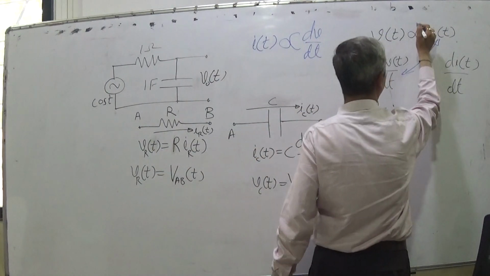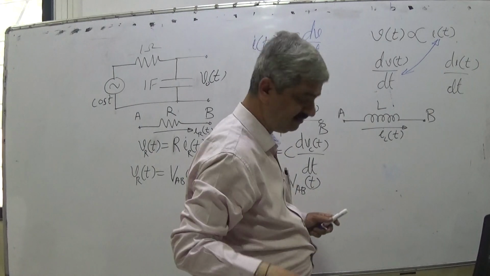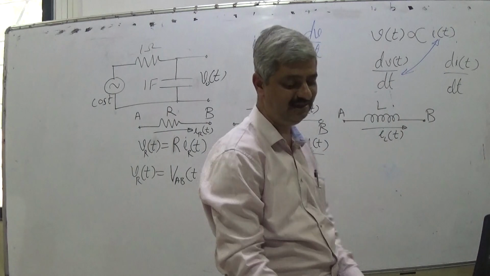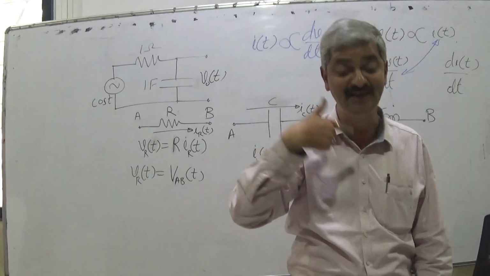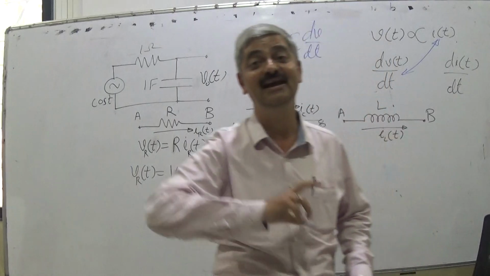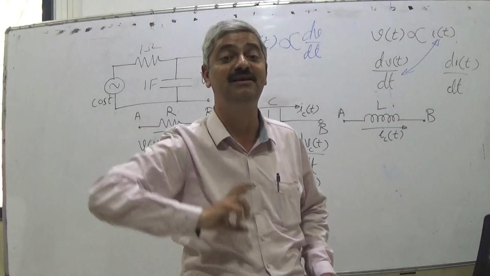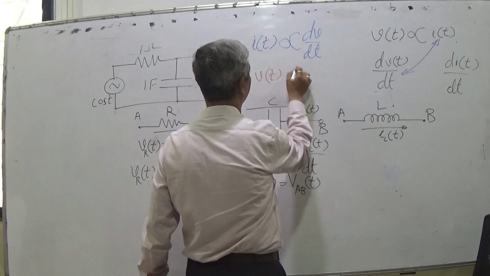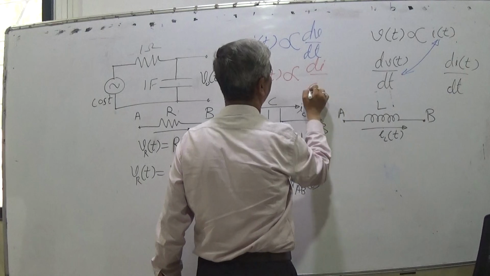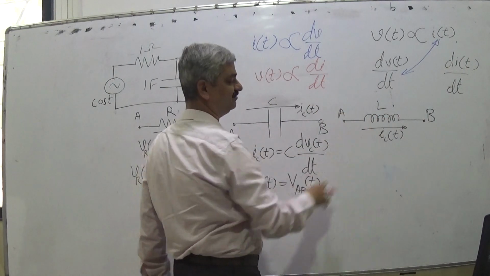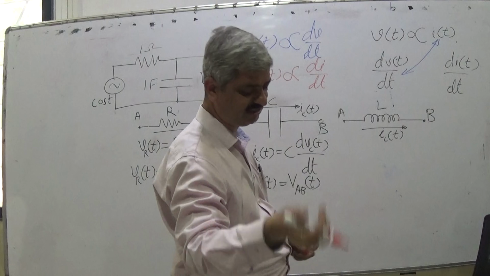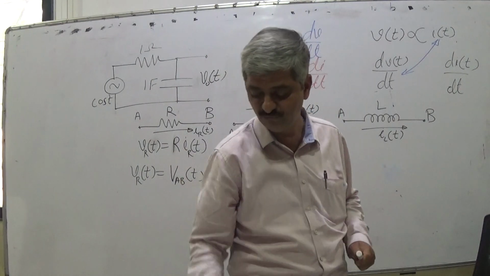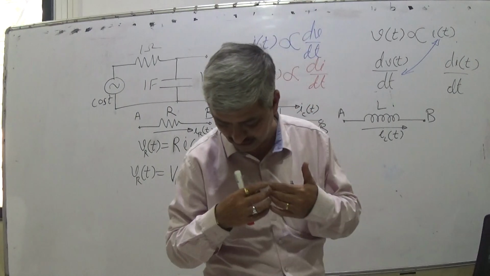So this resistor, this capacitor, then obviously you must find whether there is a complementary reverse to capacitor. That is Vt proportional to derivative of current, and that is inductor. So you have learnt it, but I am trying to explain it in abstract and mathematical terms, which you should be aware of.